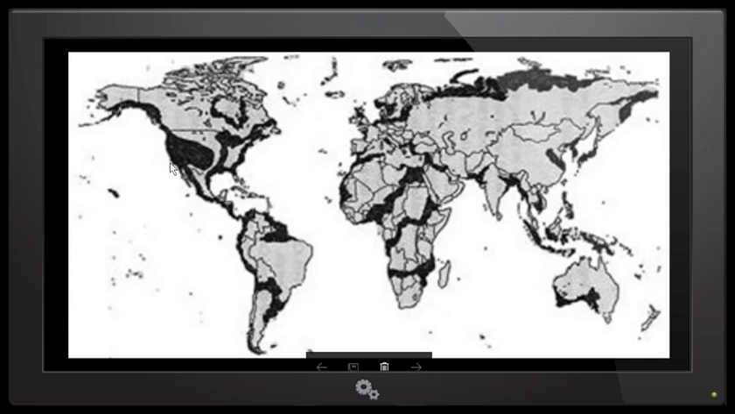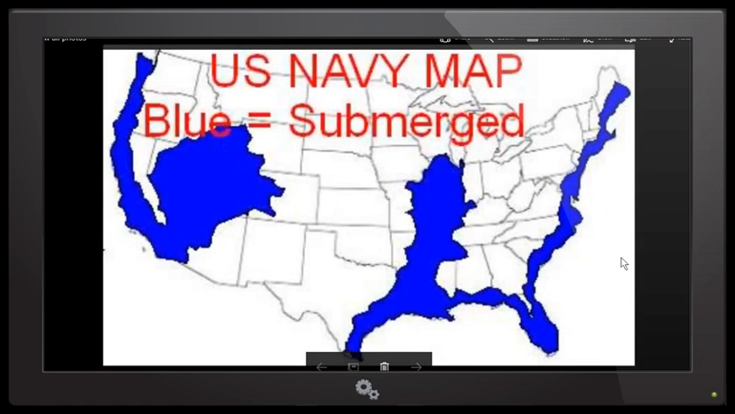Now, the areas that are in black, all through here along the eastern coast of the United States, going all the way down to South America, this kind of resembles the U.S. naval map. So maybe whoever developed this map copied